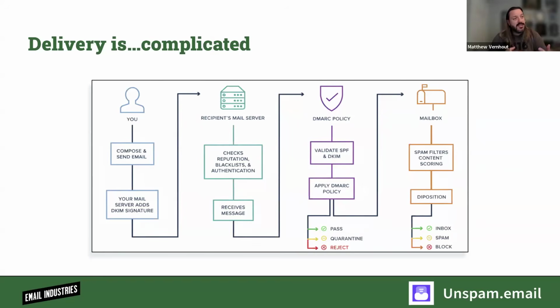Then, once it starts to get ready to deliver to the inbox, you're going to see some content filtering taking place. You're going to see some engagement filtering taking place. And then they're going to look at whether this consumer would want the message in the inbox or spam folder, or potentially has that consumer blocked the sender. So there are a whole bunch of things that come into play when it comes to getting messages actually delivered to the inbox. It's not just hit send and it shows up on the other side, which is how a lot of people just assume email works.